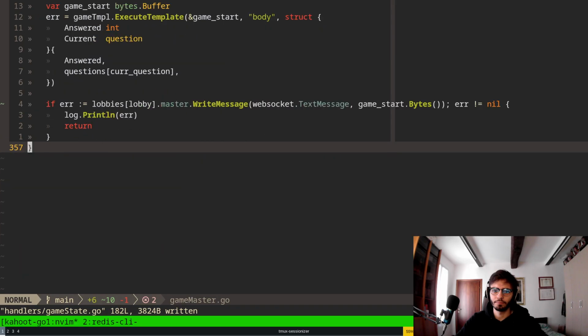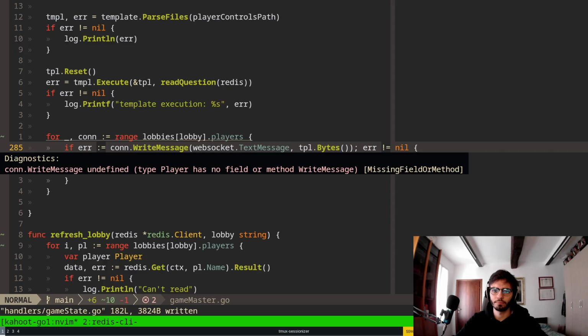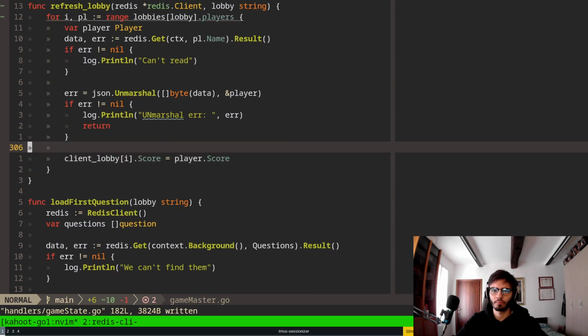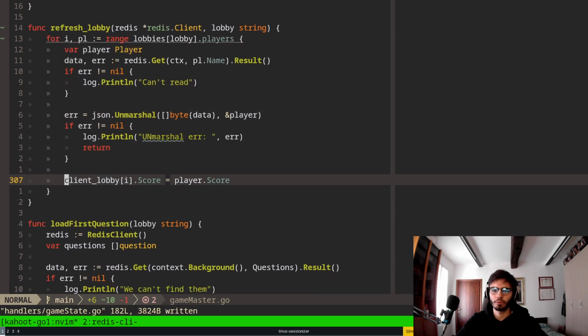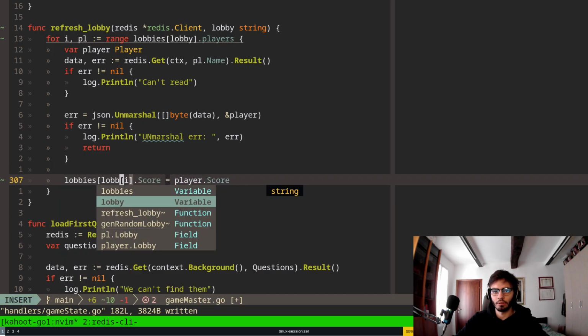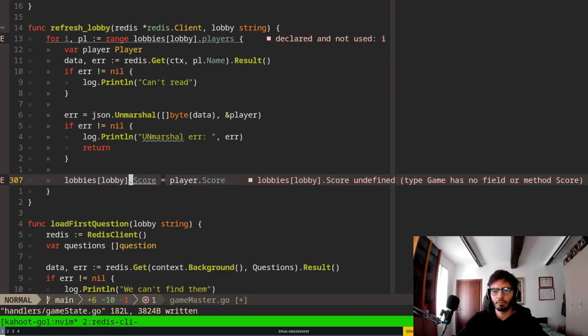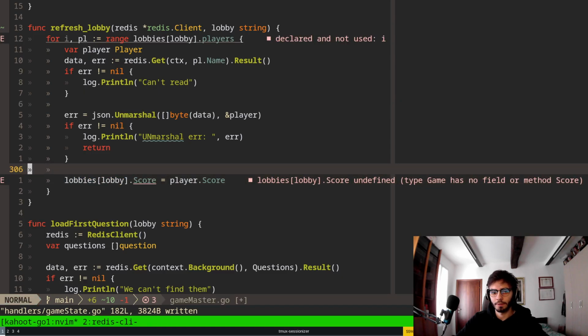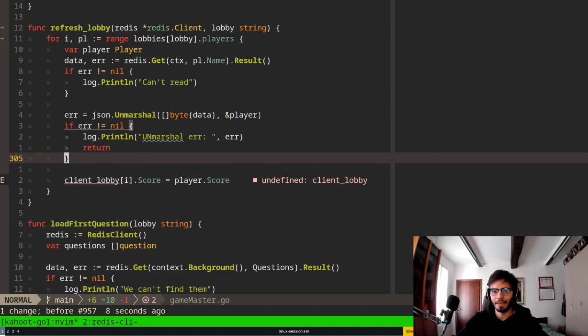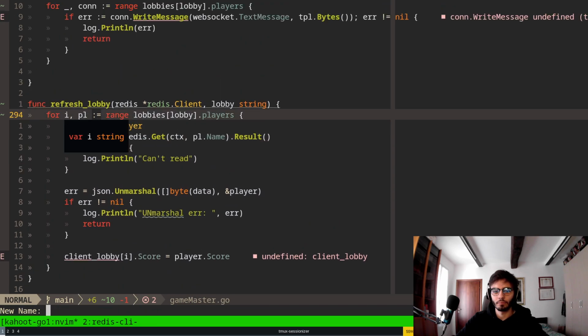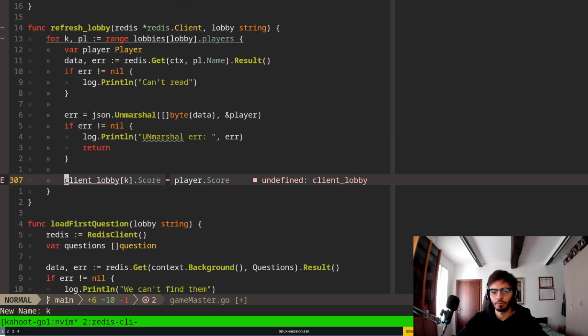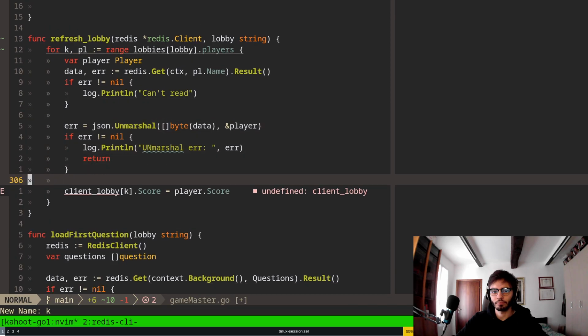Okay. So this one is looking good. So client lobby score, which isn't the correct one, but it'll be lobbies lobby, which by the way doesn't work. Yeah. That is okay because talking about key. And we have to